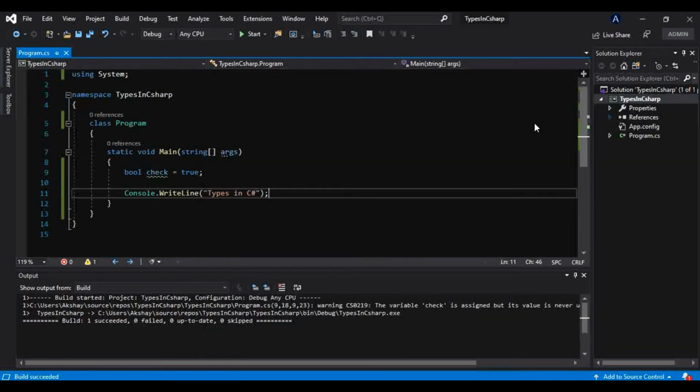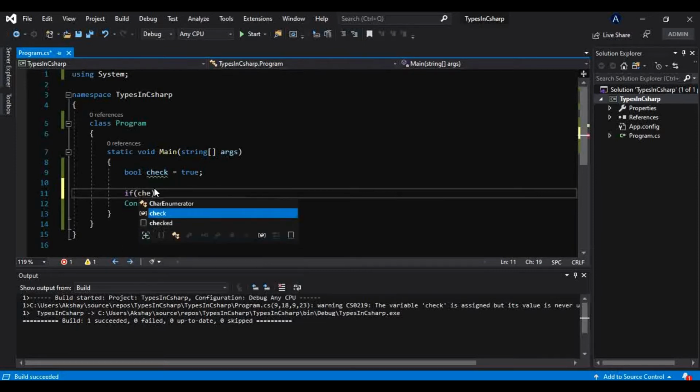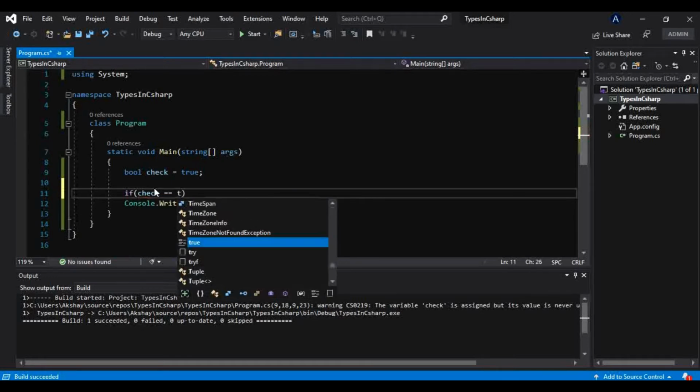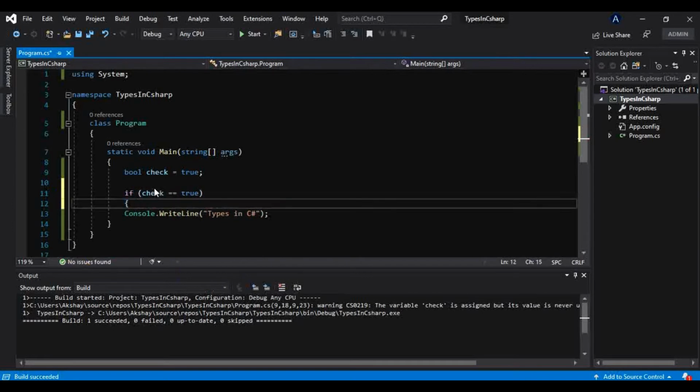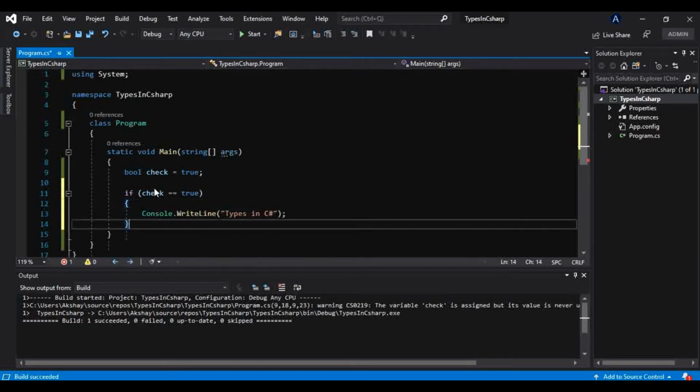But what if we want to put a certain condition? If that condition is true, then we want to print this message, otherwise we don't want to. In that case, these bool data types are very useful. We can give a certain condition in this if statement. Let's check if check is equal to equals to true. If that is true, then and only then we want to print this message.